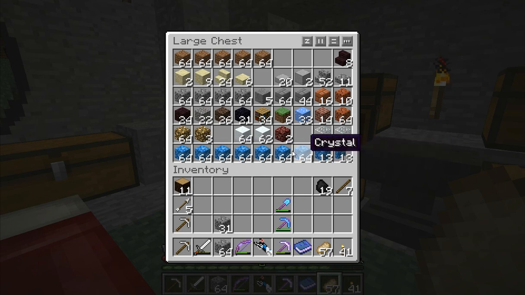So we got our book receptacles, we got our crystals, and the only thing left to do is really set up the area for our various spawner farms. With the addition of Twilight Forest, for example, it gives us additional spawners that we can use, and with the addition of the portal gun,